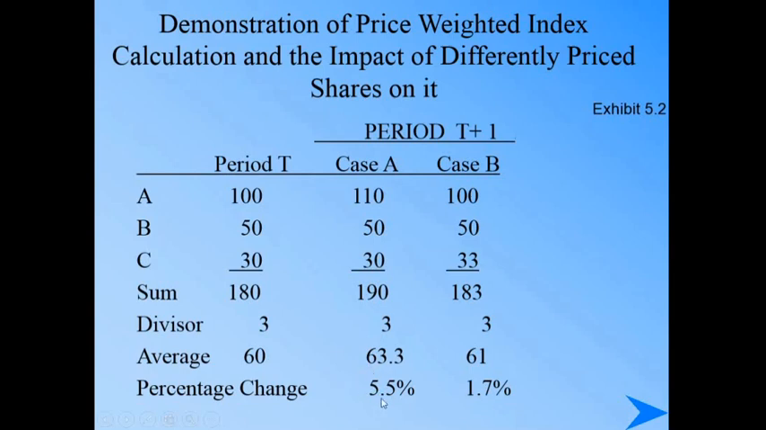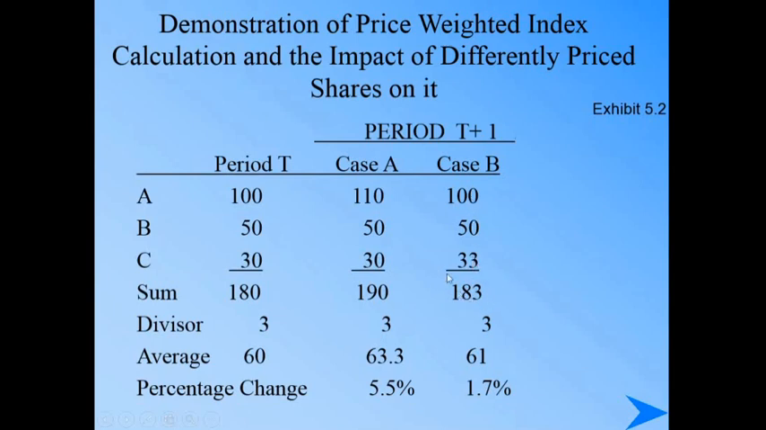Now I'm just explaining how the price weighted index works. Remember, there is a 10% increase in security A's price. Now in case B, we keep its price constant and increase the price of security C by 10%. So when you increase the price of security C by 10%, it will become 33, and then the total sum